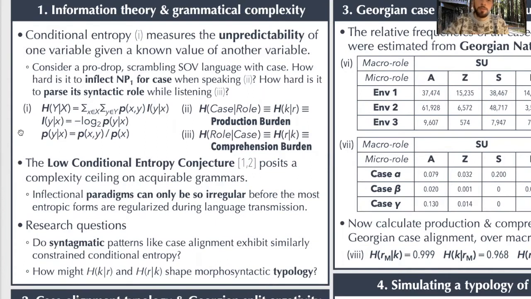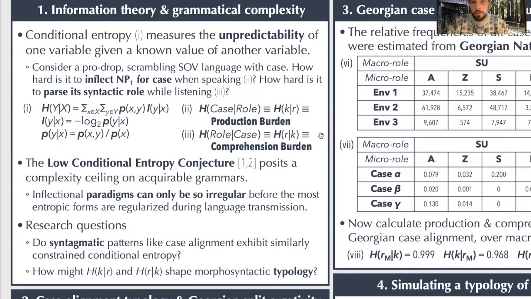So I propose that we can quantify the difficulties associated with these tasks according to these two conditional entropy values, which I'm labeling the production burden, H of K for case given R for syntactic role, and the comprehension burden, H of R given K. I'm connecting these two complexity metrics to the low conditional entropy conjecture, which posits a complexity